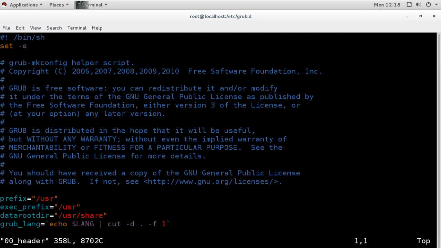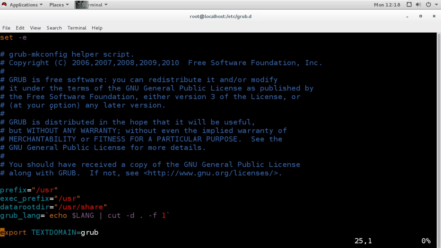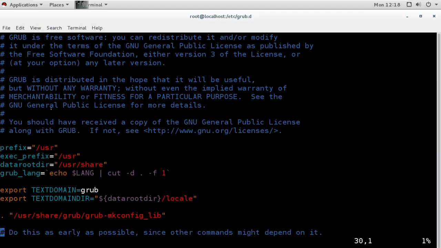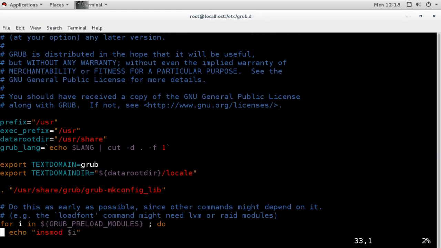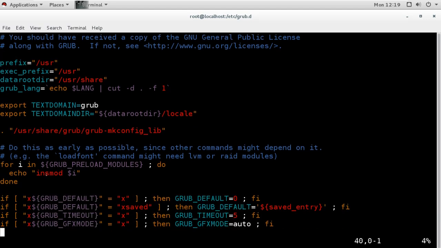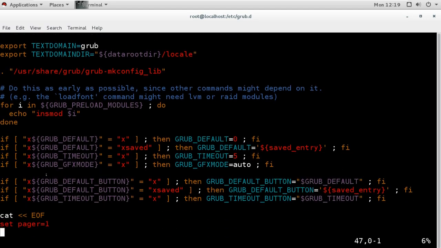Now if you see here, it is starting from here. It's a shell script, and you can see that it is setting the header environment, and it is creating if loops and for loops.